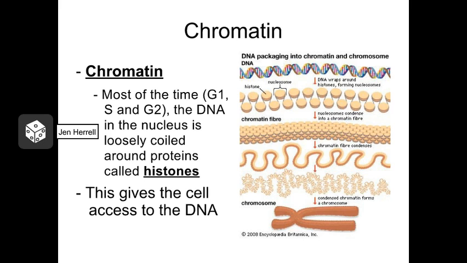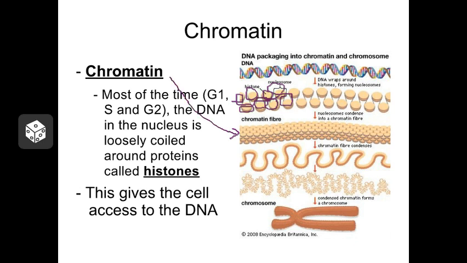When a cell is in interphase and is not dividing, the chromosomes will be stored in a form known as chromatin. Let's take a look at it. Here we have a chromosome. Sometimes we refer to this long, straight piece of DNA as linear DNA, but it's a chromosome. What the cell will do is take this chromosome and wrap it around and around these little proteins called histones to form things we talked about before called nucleosomes. Eventually, this gets wrapped up into a fiber called a chromatin fiber.